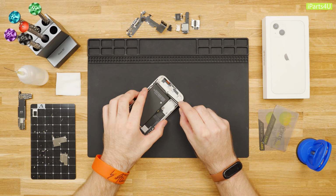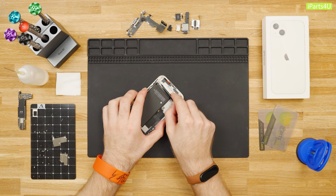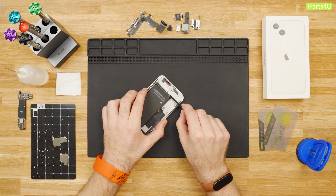You can now start removing the battery by heating it up at 75 degrees. The battery is secured down to the phone with 4 stretch release adhesives. You'll need to remove these in order to remove the battery. Hold the phone by its sides and be careful not to jab the battery with tweezers or any sharp tools. Slowly pick at the adhesives with tweezers until you can get a good enough grip that you can start pulling